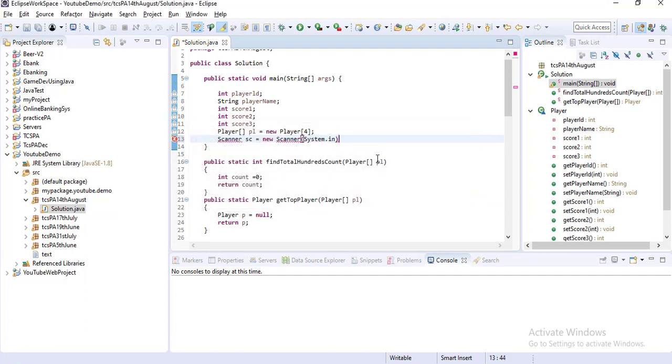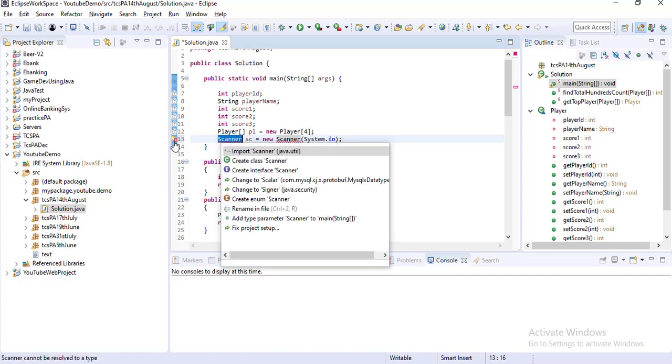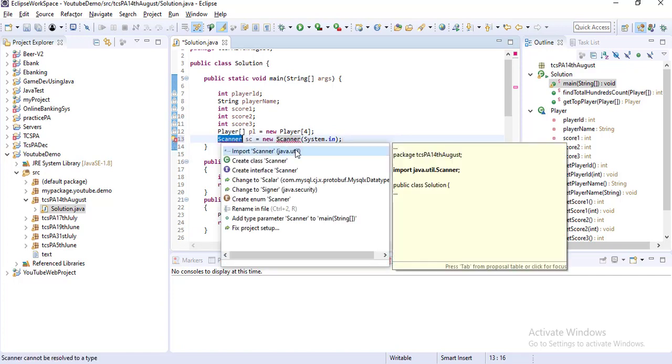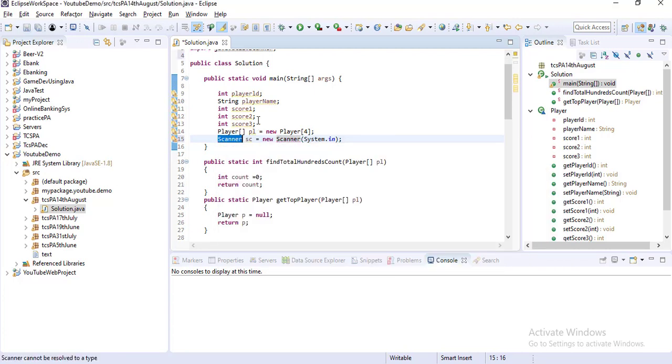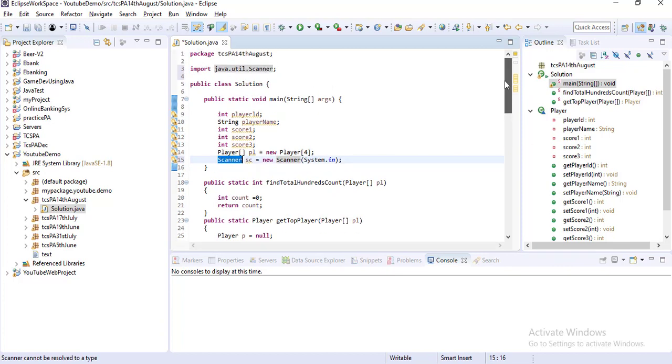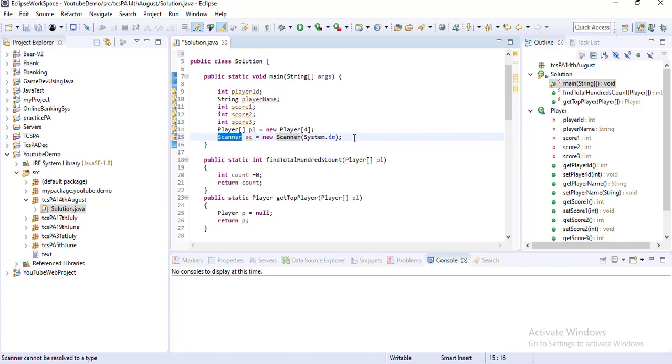Basically from the console it will take the values and store them in these attributes. The Scanner class is inside the java.util package, so you can see java.util.Scanner. That package you have to import: import java.util.Scanner. So here you can see it's imported. Okay, so it's done.